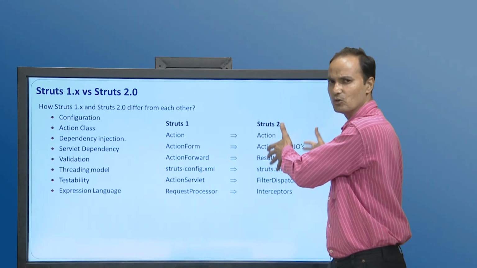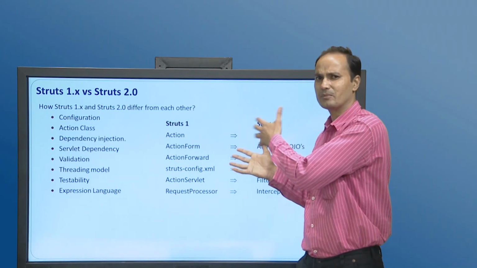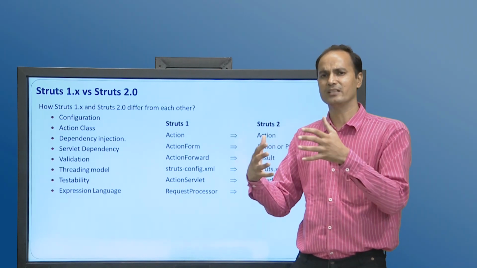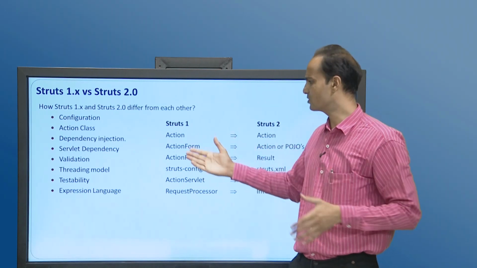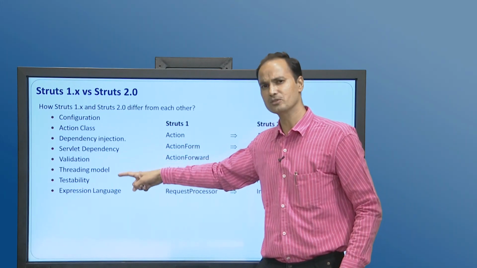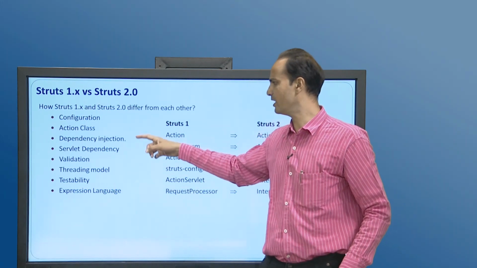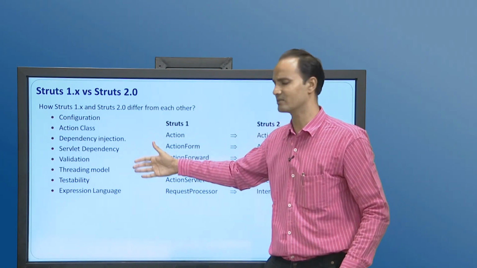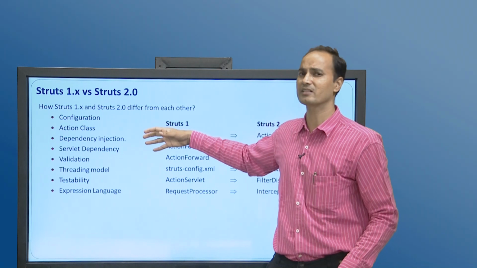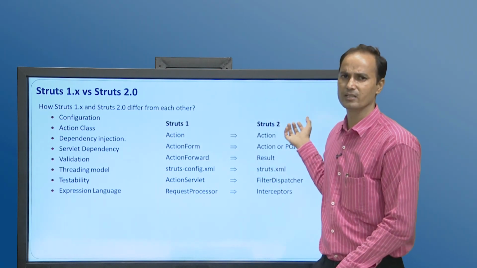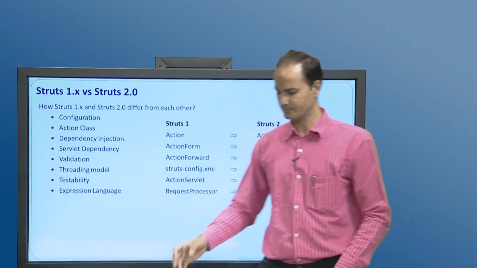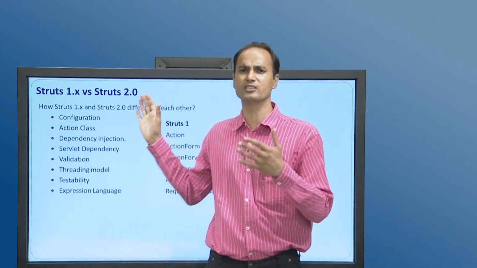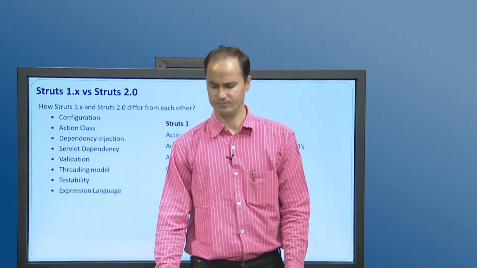In Struts 2.0, various functionalities were added to make applications more efficient and remove complexity in terms of expression language, testability, threading model, validation, servlet dependency, etc. These are the benefits delivered by the Struts 2.0 framework compared to Struts 1. Once we develop a web-based application using Struts, we will have all these benefits in our application.